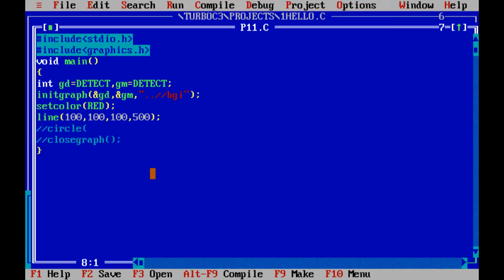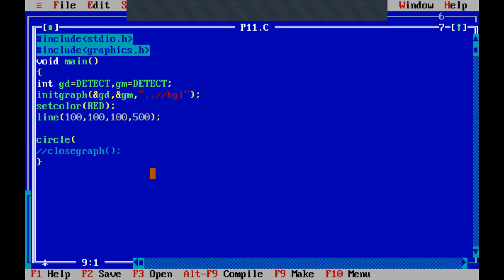Next, now if I want to draw a circle. Hello, ma'am. Yes. Ma'am, what if we want to set two different colors? I mean, half line is red and other color. No, here actually you can do that, but the whole line will be changing at the same time. You can draw two different lines. That is, suppose 100 comma 100 to 100 comma 300 and 100 comma 300 to 100 comma 500. Then it will look like a same single line, but there you can have change in the color. Let us do that.